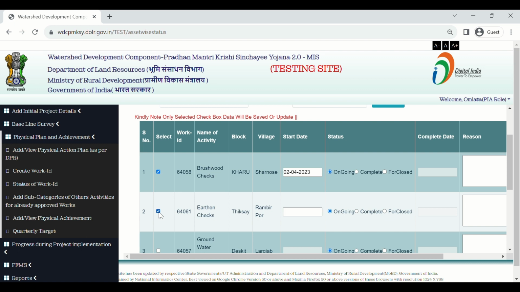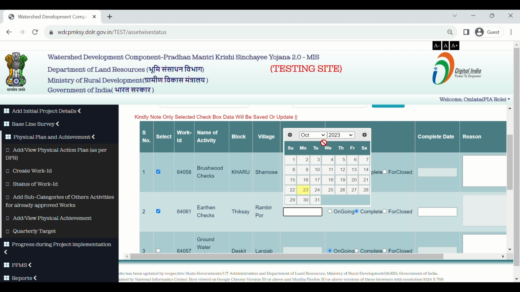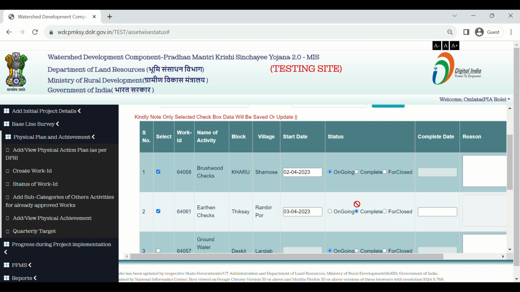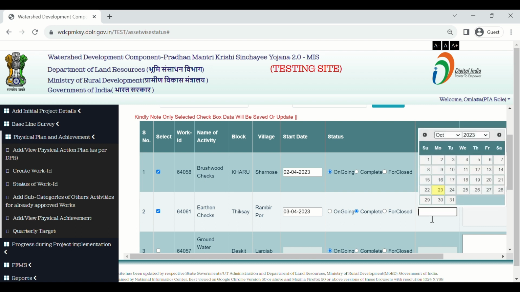Select another checkbox. If you want to complete the status, then select complete and fill the start date here. Select the start date from the calendar, and in the case of completion, the complete date is also a mandatory field.